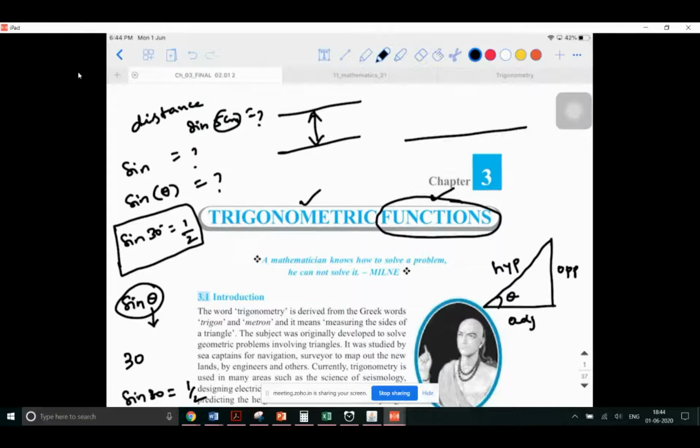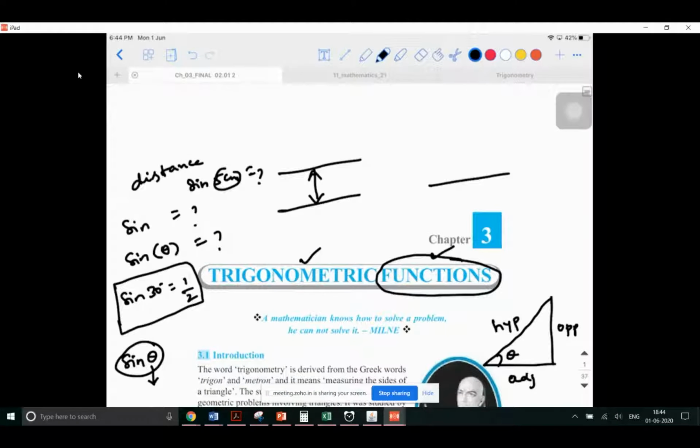Something else. We can say that the space between two lines is measured in degrees. I'm not convinced with the word space. See, the reason you might think why I'm stressing this, between two lines, arc. So when you say arc, this is going to be the arc. It is not the arc also. Then it will become arc length. Something else which you can say.